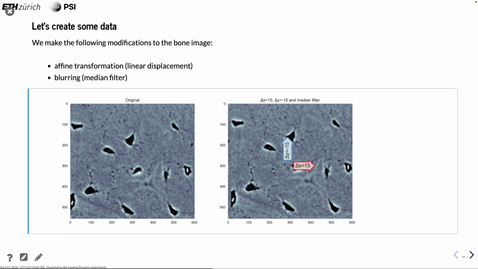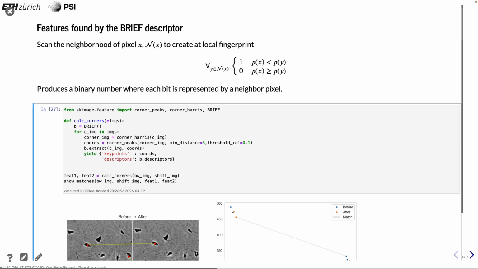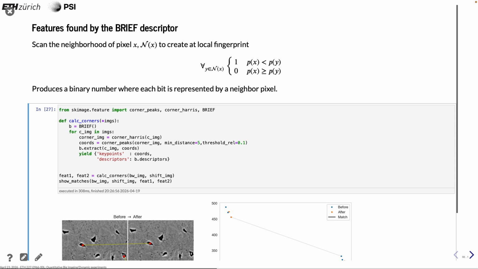And so let's create some data. We have the bone image again. We apply some blurring and also some transformation. In this case, we just do delta x plus 15 and delta y minus 15, and that is the movement we apply to this image. So it's a small shift. And then we try working with the BRIEF